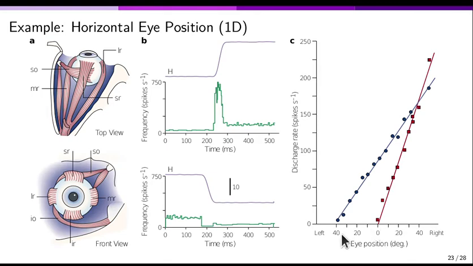You can go ahead and measure from these neurons. Depending on what the eye position is, here are 2 different neurons. Depending on the eye position, all the way to the left or all the way to the right, I get different firing rates. That's one neuron, and here's another neuron. And it turns out these things have ridiculously straight lines. So the particular neurons that are involved here have,